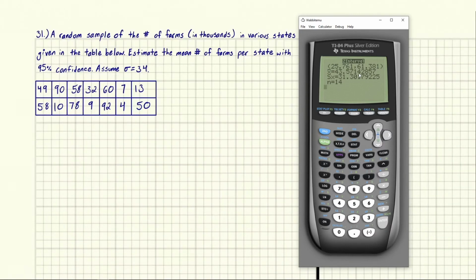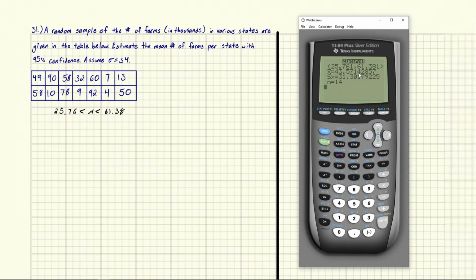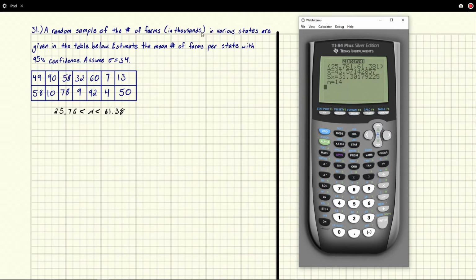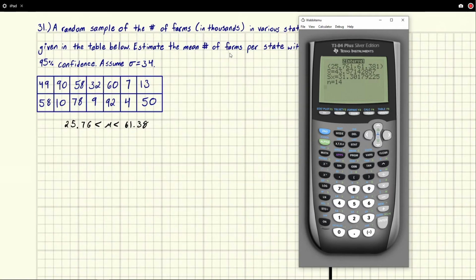So we found that the mean is somewhere between 25.76, now these are in thousands, right? And the mean's in the middle, and that's how we write middle in math. And then 61.38. So this is technically our answer, but we might say something like, what is the question? It says various states, estimate the mean number of farms per state. So we would say the mean